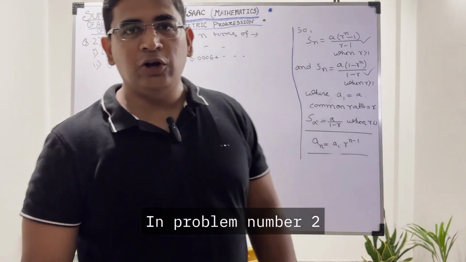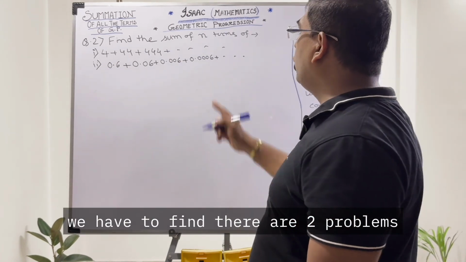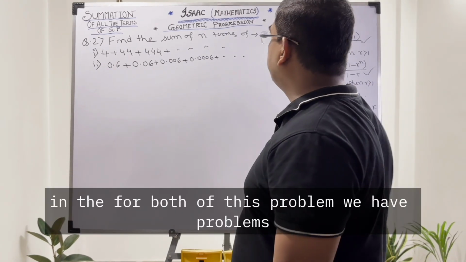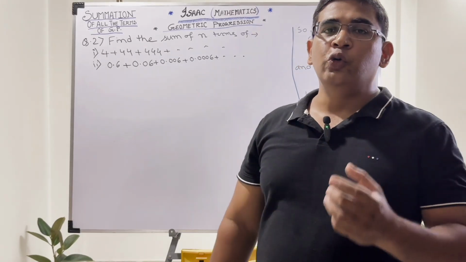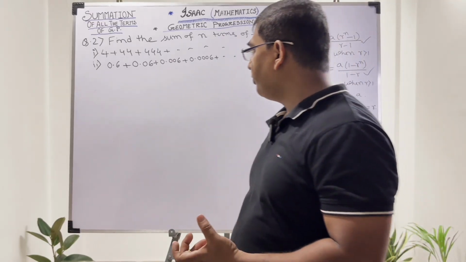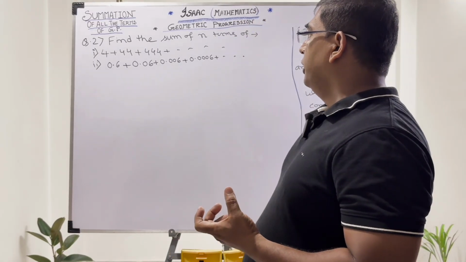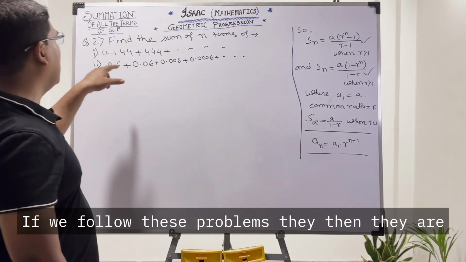In problem number 2, we have to find, there are two problems. Okay. For both of these problems we have to find the sum up to n terms. Okay. If we follow these problems, then they are